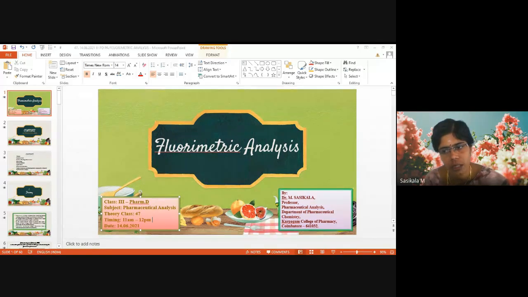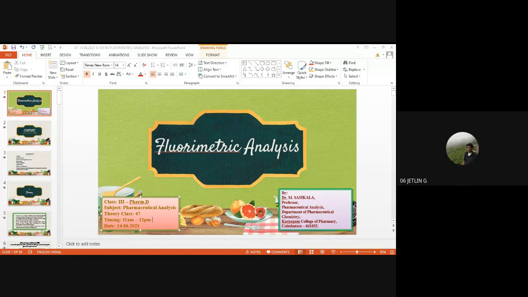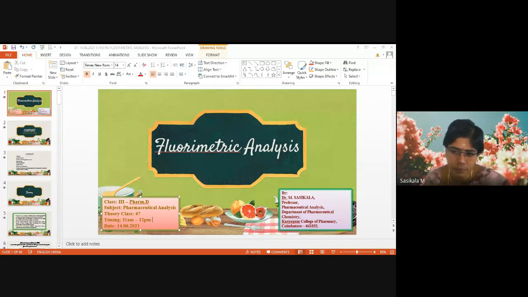Whether water has elements, whether clinical samples will be having elements, whether food materials contain nutrient elements, metals. All of these can be analyzed by atomic absorption spectroscopy, right? Yes. Okay, potassium. Okay, thank you.